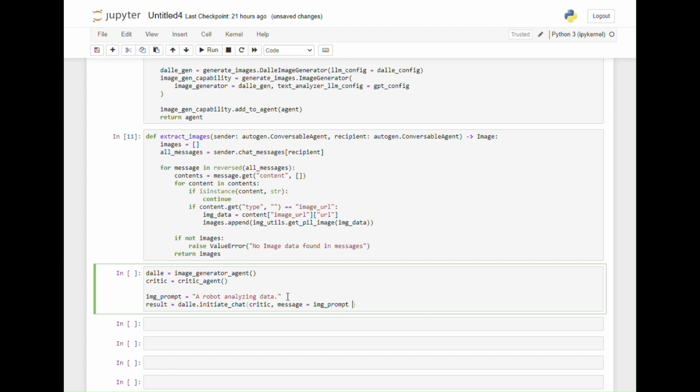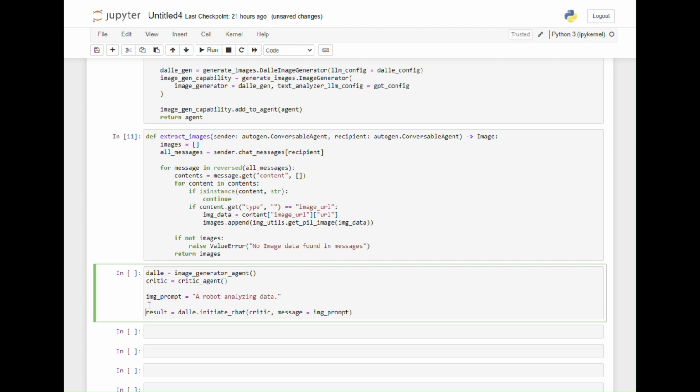So if there's any way that you can make the prompt simpler and easier to understand, DALL-E is your best friend. When you make it complex and difficult to really produce anything with specifics, DALL-E becomes your worst